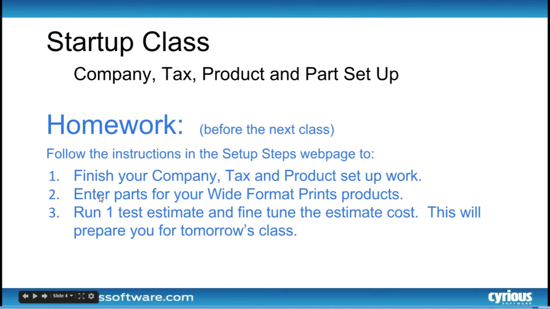So basically we went through step 5. What I'd like you to do before our class is finish your company taxes and product setup. That way you can bring any questions tomorrow that need be. Again, your point person will help you with details. I want you to enter your parts, your primary parts for your wide format print product, meaning your printer, your roll stock, your flat stock,